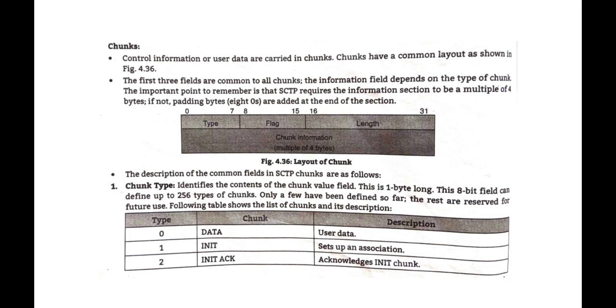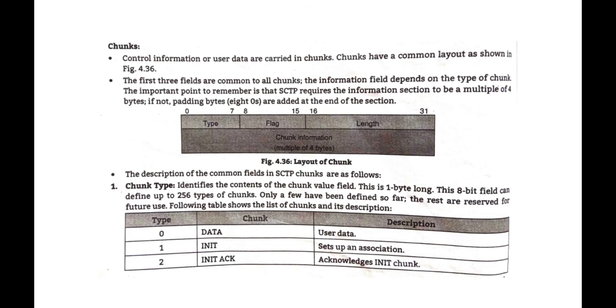In each protocol, we allocate a port number. Here also are the different chunk types, which identify for which purpose that chunk is used. It identifies which type of information is present in the chunk: for connection establishment, for error control, for acknowledgement, for shutdown. For that, here we use the chunk type. Which type of chunk?